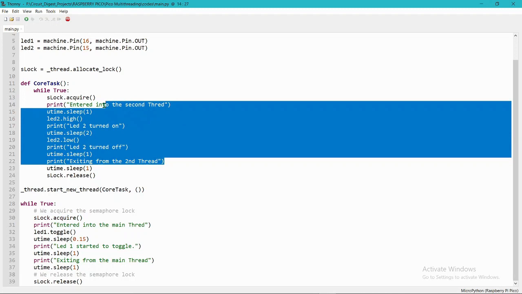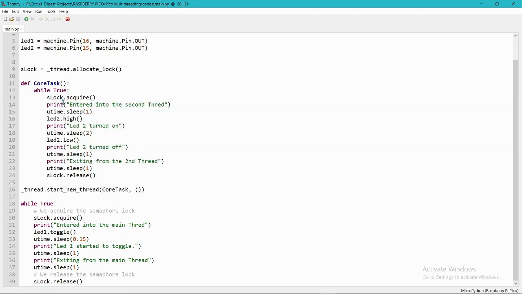So let's run this on the hardware. You need to connect your hardware first, so let me connect my hardware. I have connected the Pico to my desktop via USB cable. If you have already turned on a program running on the Pico, then you should stop it.